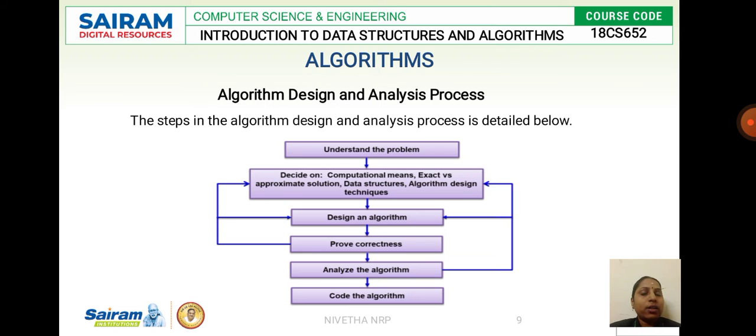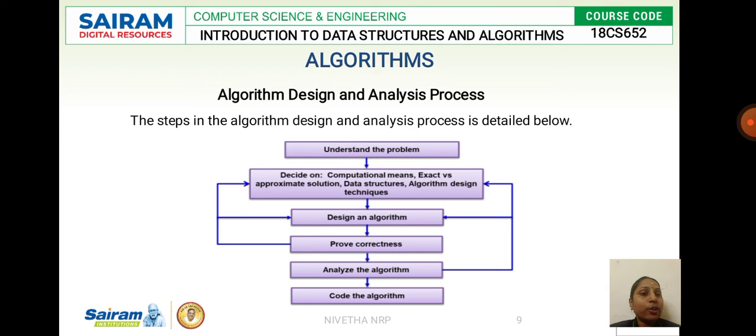Okay, when we are concerned with algorithms, there is a process of designing an algorithm and analyzing the algorithm. We have the following steps in design and analysis of an algorithm. First is understanding the problem. The problem statement should be clearly specified. Only when your problem statement is clearly specified, the forthcoming steps we execute will be able to produce an effective output.